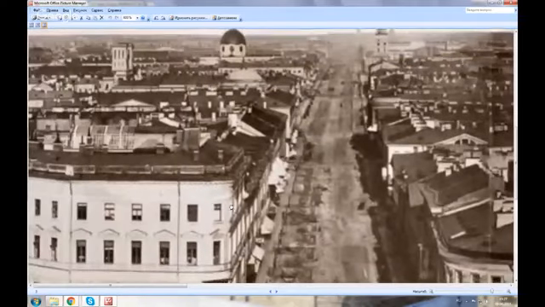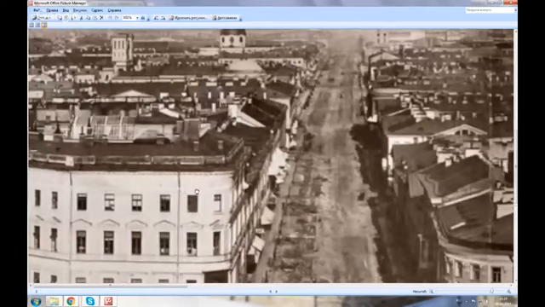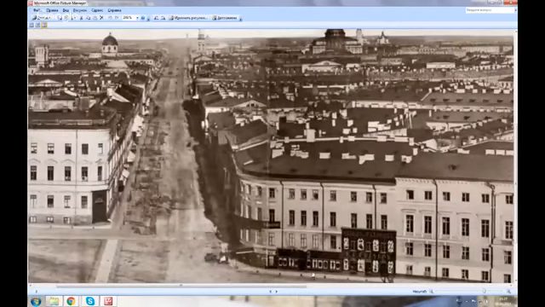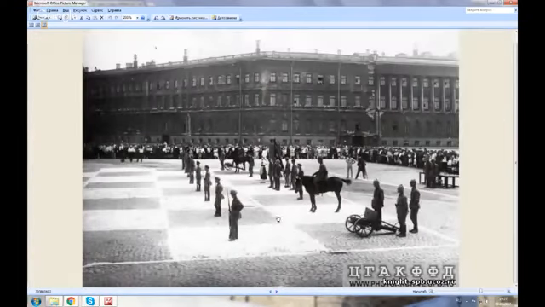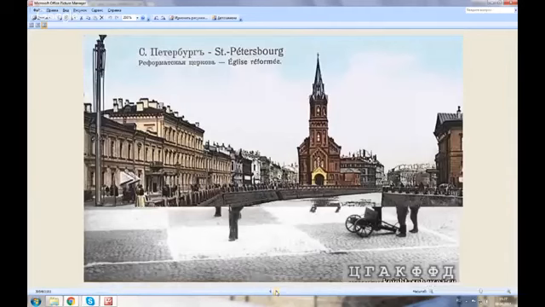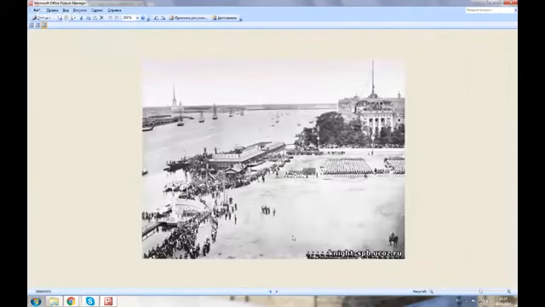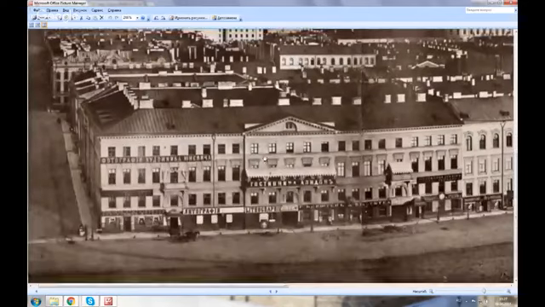The roofs are brand new, but no people, not many people, I'd say. And here's the 20th century, a bunch of people on the streets. 20th century. Again,